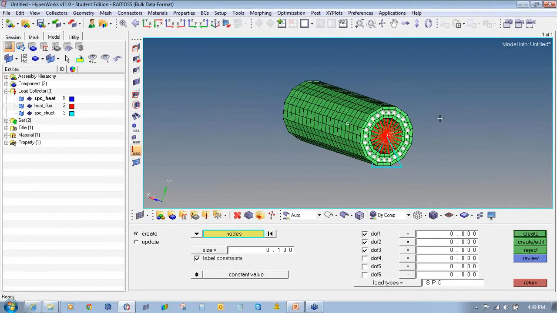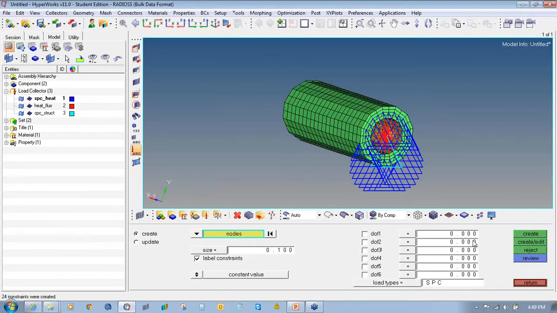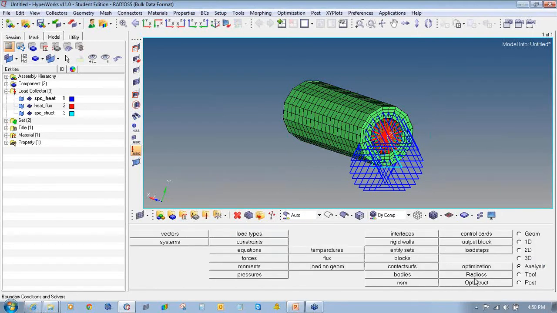So these are the nodes. Uncheck all the boxes and click on create. Then we'll click on return.